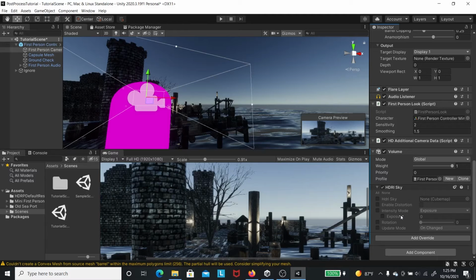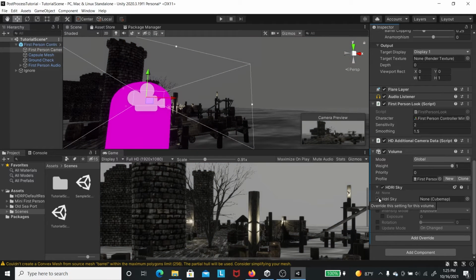When a post-processing effect gets added in, oftentimes we'll have all of its settings disabled. This is because Unity does not want to load anything that it doesn't need to load. And if it doesn't need to load new variables, it's not going to. So you're going to need to check something to make sure it exists. We're going to check the HDRI Sky variable, and you'll see that it takes a cube map here. A cube map is just a fancy way of saying a box with something painted inside it that will envelop this whole scene. So you select it, go to your project folders, and in the search bar, search reflection probe,